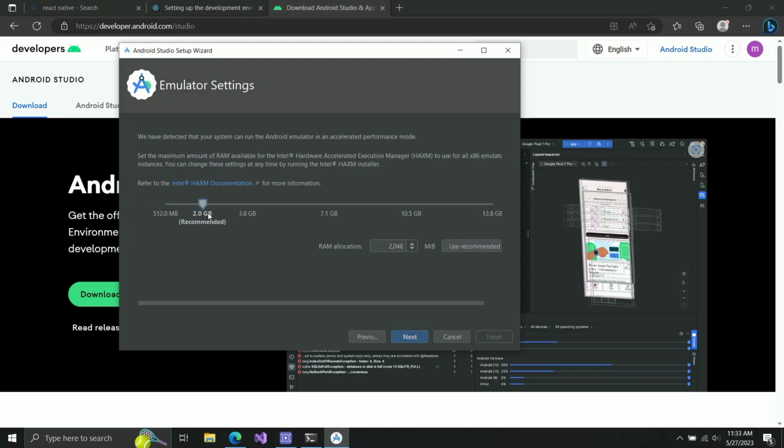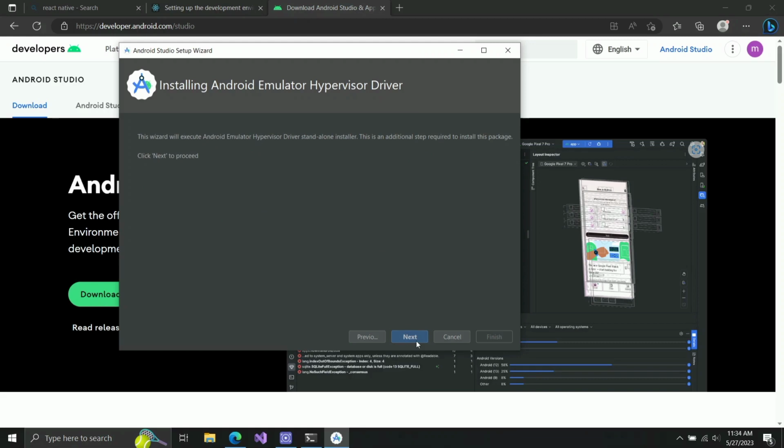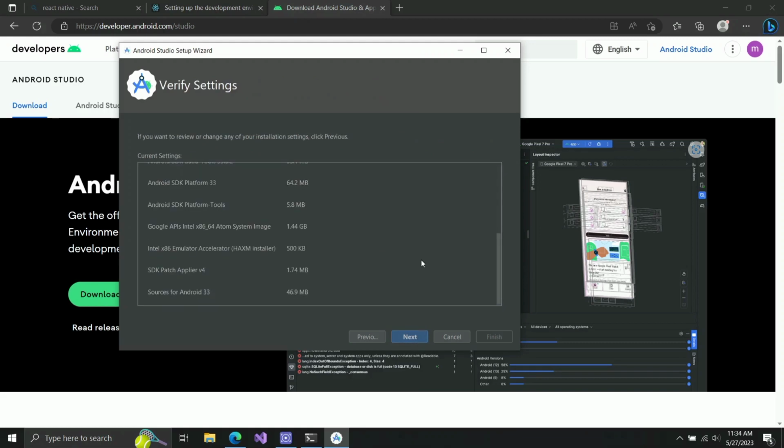Click on next. And then I have 16 GB, so I have a lot of RAM. So make sure that's one of the requirements here. So I'm just going to select about 3 to 4 gig. I'll just say 4 gig, right? So click on next. All right, so this is going to install some of the dependencies that you might be needing